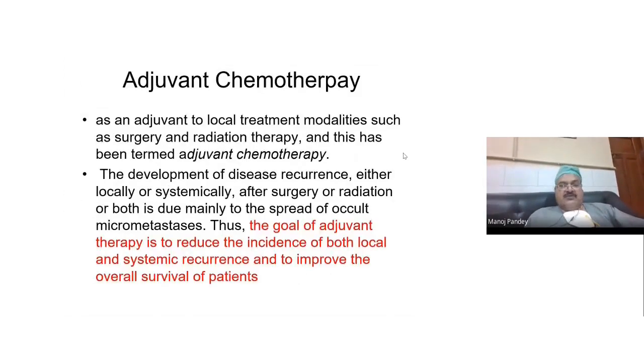if the chemotherapy is given first. Adjuvant chemotherapy is given after the primary treatment is over. And adjuvant chemotherapy is basically given to reduce the disease recurrences, whether locally or systemically, and it basically improves the overall survival of the patient. So neoadjuvant chemotherapy, in most instances, does not improve the survival, but adjuvant chemotherapy, in most instances,